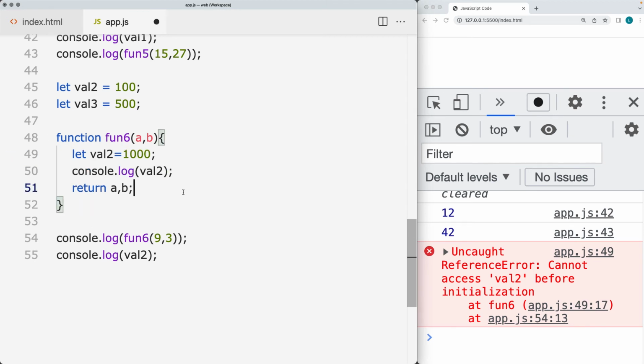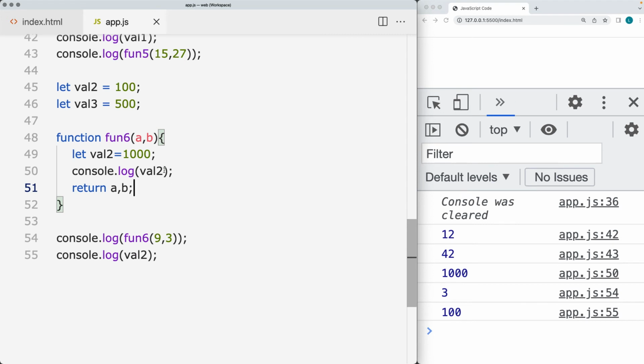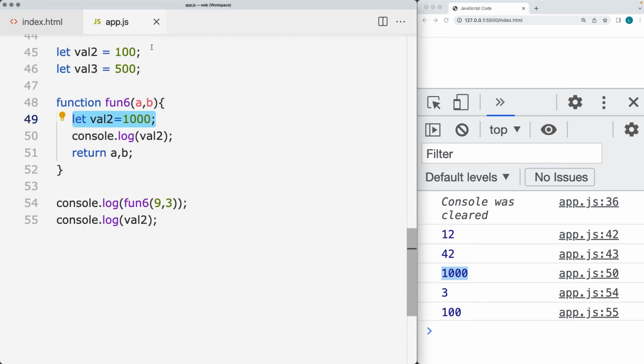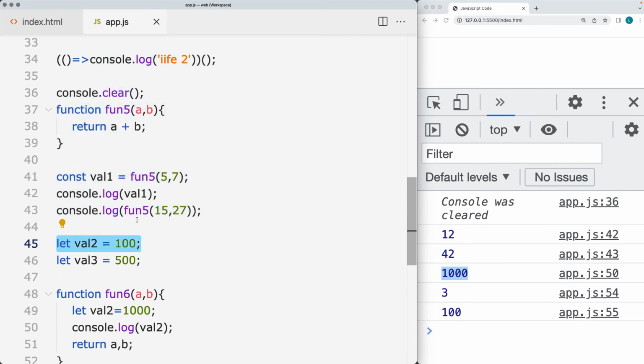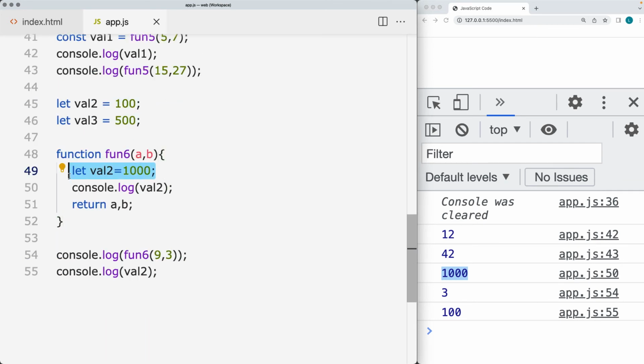So in order to correct this, let's update this. And now we see within fun6, when it gets invoked, we get a value of val2 as 1000, and when we go out of the function scope, the value of val2 is back to 100. So these two variables, even though they have the same name, they're not the same variables,